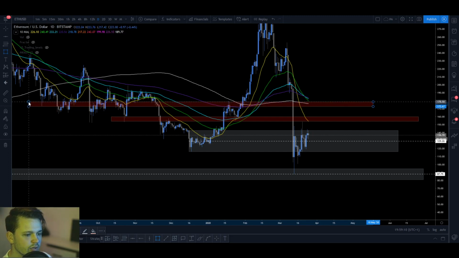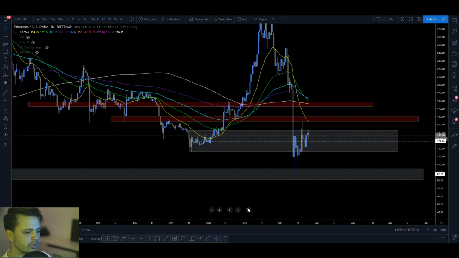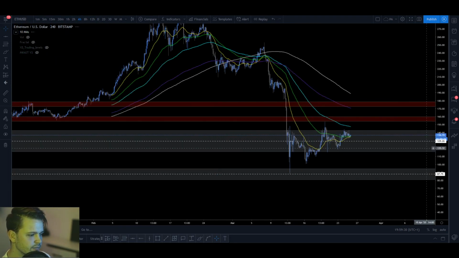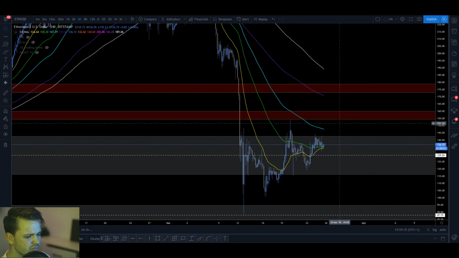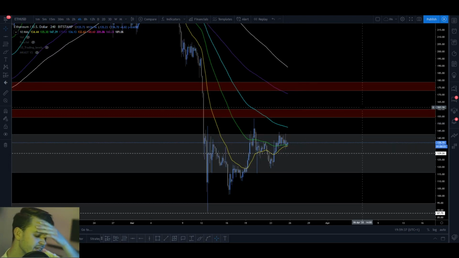And also notice how the 200 simple moving average is right here, and the 21 EMA is right here, confluent with both first trouble area and second trouble area. I'm liking this a lot. I'm probably going to trade this, maybe, but it's looking so, I mean, yeah, Ethereum might run,